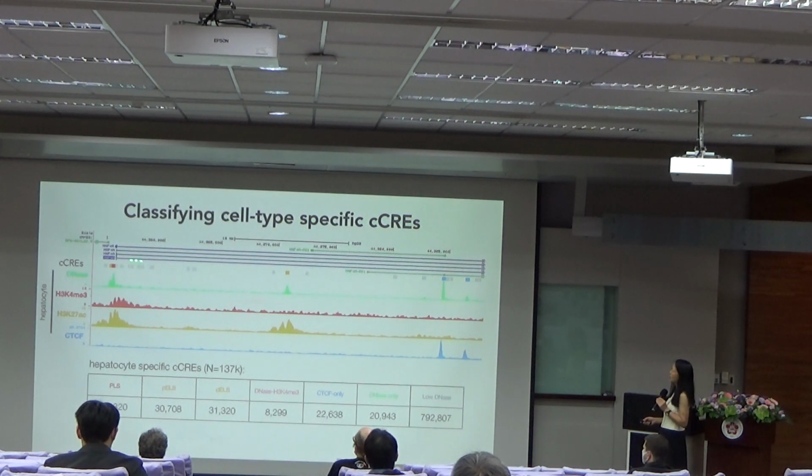The gray ones are not marked by these assays in hepatocytes, and the colored boxes are the ones marked by at least one of the assays. So you can see the promoter of this gene is marked because this gene functions in hepatocytes. And then this is possibly an enhancer, and that's possibly